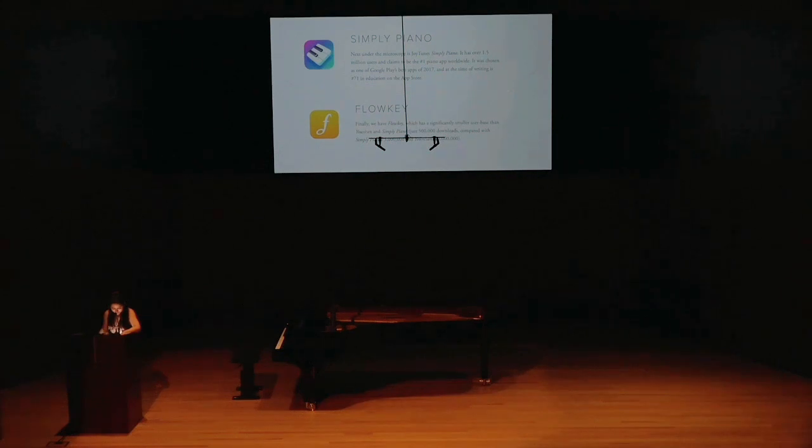Simply Piano has over 1.55 million users and climbed to be the number one piano app worldwide. It was chosen as one of Google Play's best apps of 2017. Flowkey has a smaller user base than Simply Piano. However, it has grown fast and become more popular since they updated the new version